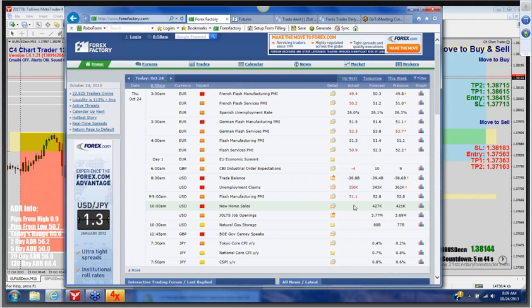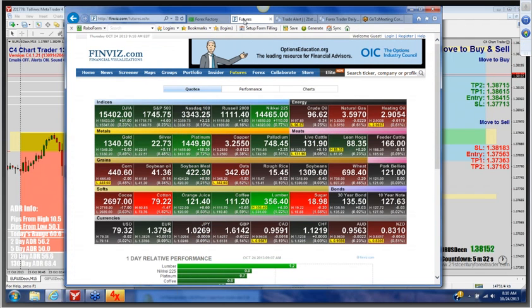Eastern, so here in about an hour. All right, and the last thing we're going to look at before we start looking for trading opportunities is what's going on in the futures market. We always use this dashboard. It's really nice. Finviz.com, a great free site to look at. It gives you a beautiful heads-up